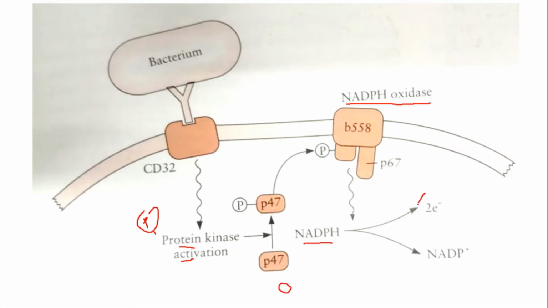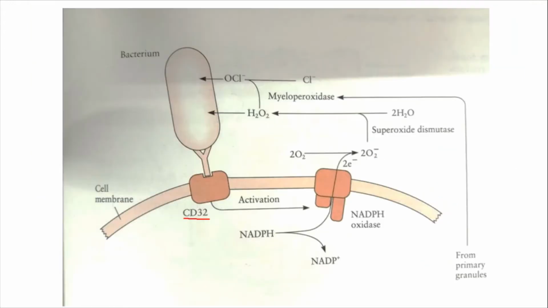producing two electrons and NADP plus inorganic phosphate. This electron will drive the activation, and this reaction takes place here. So this finally produces the two electrons. I already showed these two reactions. This NADP plus in the cytoplasm is reduced once again to form NADPH, so a cyclic mechanism takes place. So after activation, the two electrons are released from the cytoplasm.